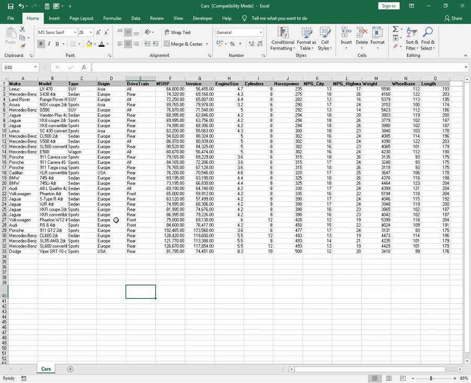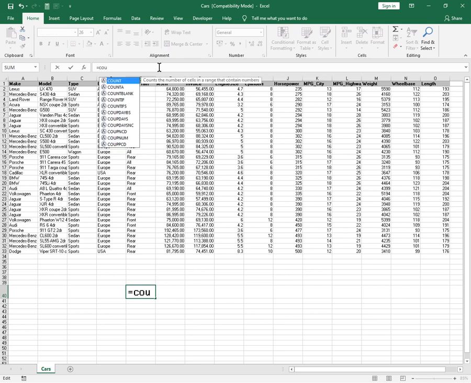Okay, the CountIf formula can be typed directly into the box where you want it to be displayed, or, as my personal favourite, the formula bar at the top. All formulas begin with an equal sign, and then you begin to type the name of the formula that you are looking for. As you can see, Microsoft Excel has kindly provided us with a list of particular options that match what we've typed in. We are looking for CountIf,